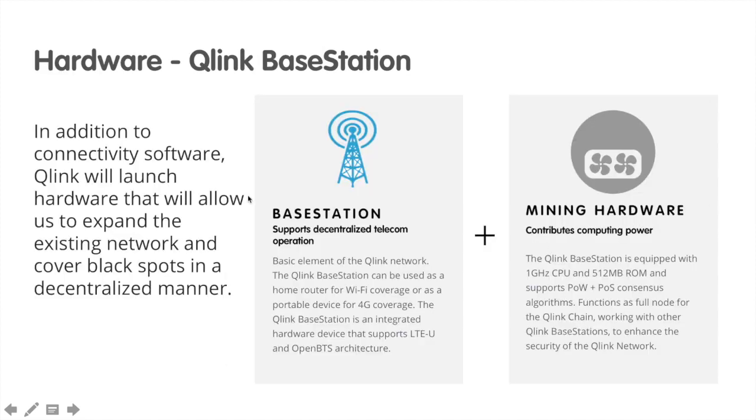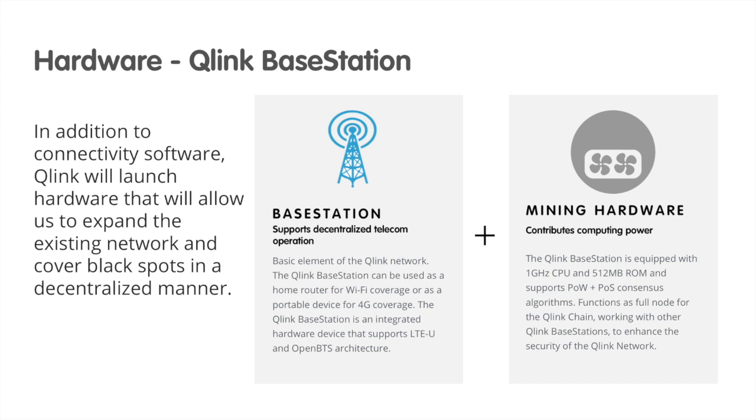The Qlink base station is basically hardware that allows every user to contribute network coverage. That's 4G coverage and Wi-Fi coverage. They're no bigger than, say, a Wi-Fi router, and you can set it up in your home, in your workplace, and contribute to the coverage of the network. The other thing that it does is when you're not using it for a data connection or a 4G connection,